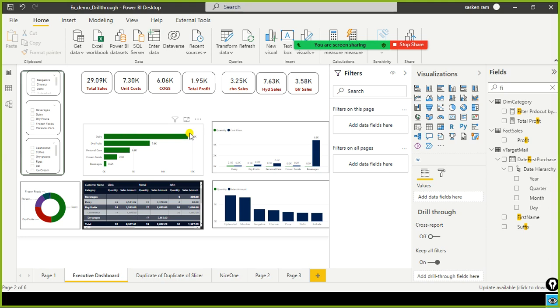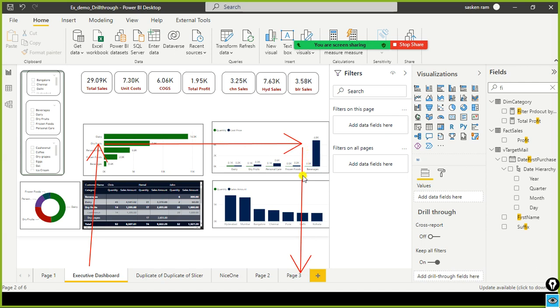For example, this is my executive dashboard. If I enable drill through here, I'm going to create a new page 3. Whatever value I selected, for example dry fruits here, if I click on it, it should apply this filter. That means I'm filtering only dry fruits.